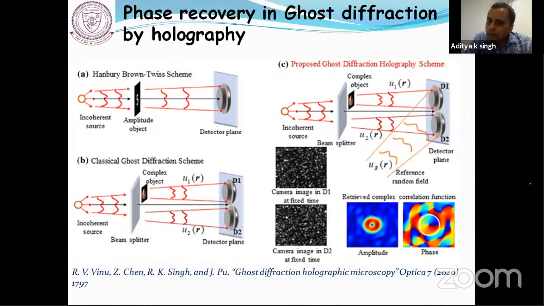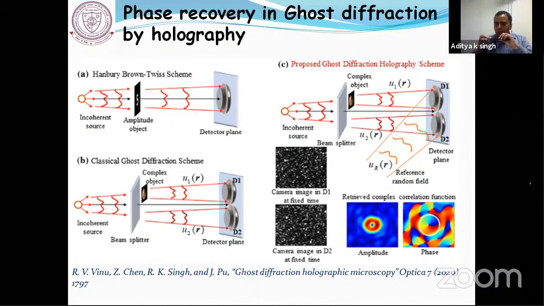Another uniqueness of our work is that we have implemented this technique with a frozen random light. Usually we rotate the ground glass and then do temporal averaging. What we have done is freeze the rotating ground glass movement, detect a static random pattern, and replace the ensemble average by spatial averaging rather than time averaging. You can consider it like this: you have two detectors, your light comes in fluctuating, you measure with the two detectors and correlate, then the next time another correlation, and then you average. We are not doing it like this in this particular work.